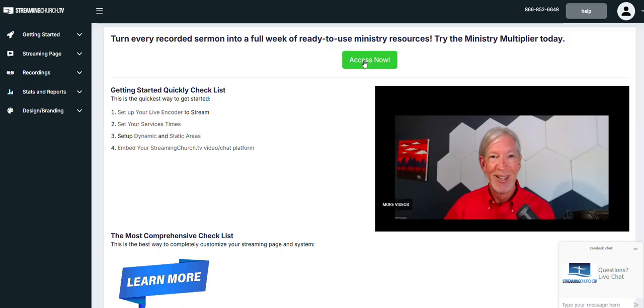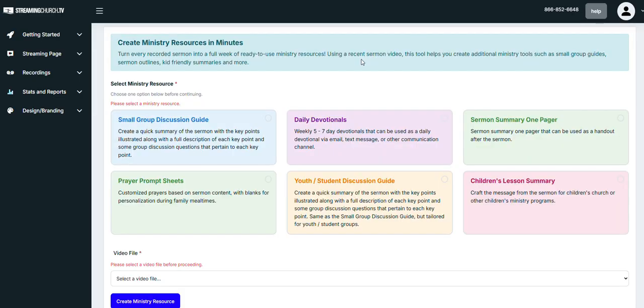Go right here at the top of your StreamingChurch.tv app and control panel. You can click this to access it. And this is our test account. So I'm going to show you, though, what you will have on your own StreamingChurch.tv account. This is the admin control panel, of course, and you can create a small group discussion guide, daily devotionals, sermon summary, one-pager, prayer prompt sheets, youth, student discussion guides, children's lesson guide, all that good stuff, all from one of